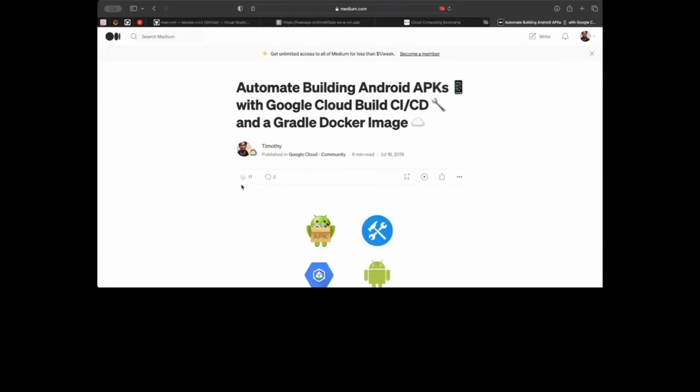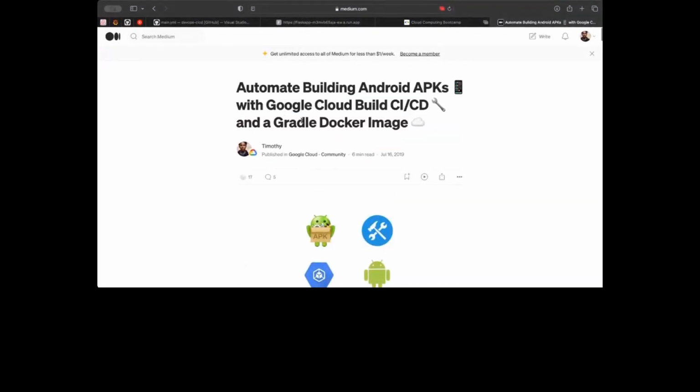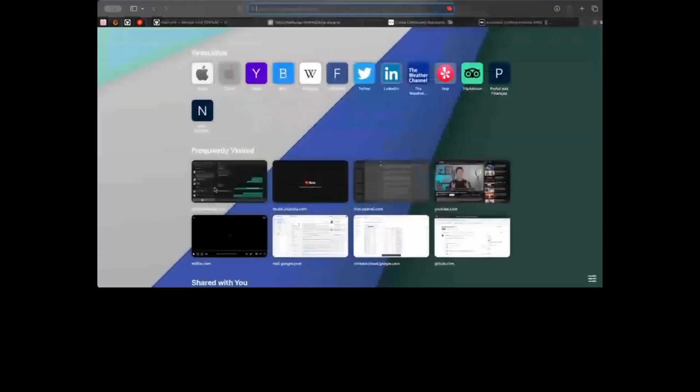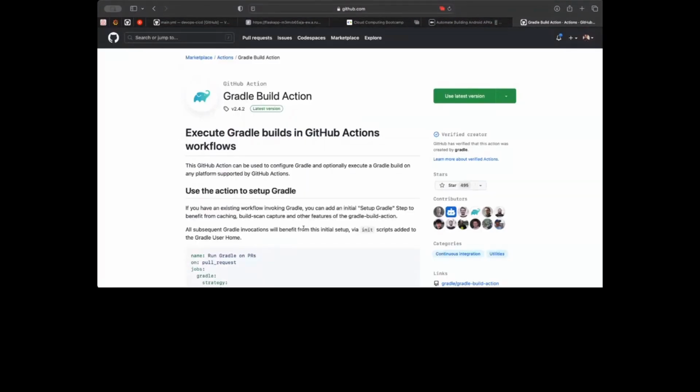Okay, so this is an example of building and deploying. In this case, I used Cloud Build as a CI/CD and Gradle, which is the build tool. I'm not sure, but I believe you can deploy Flutter using Gradle. Now, if you can build Flutter apps using Gradle as a tool, I'm sure you'd most likely find Gradle GitHub Actions, right? And what this will mean is all you need to do is get that GitHub Action and plug it